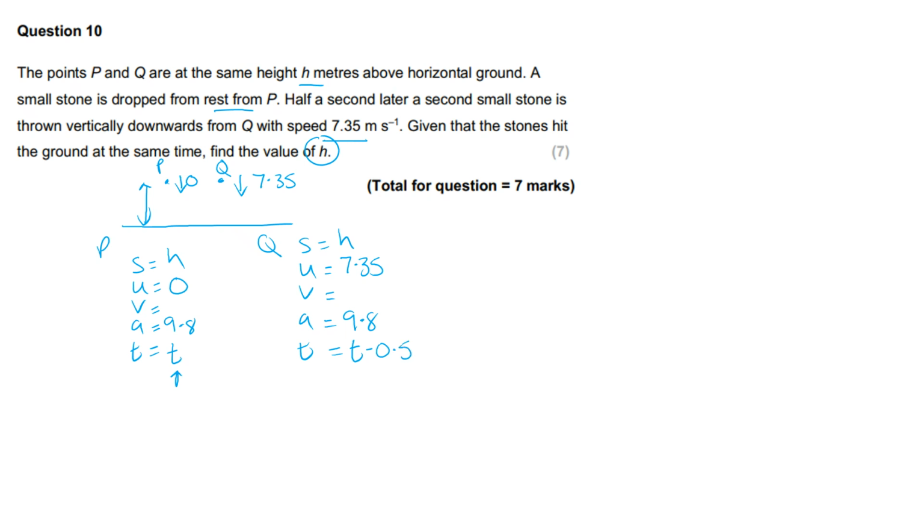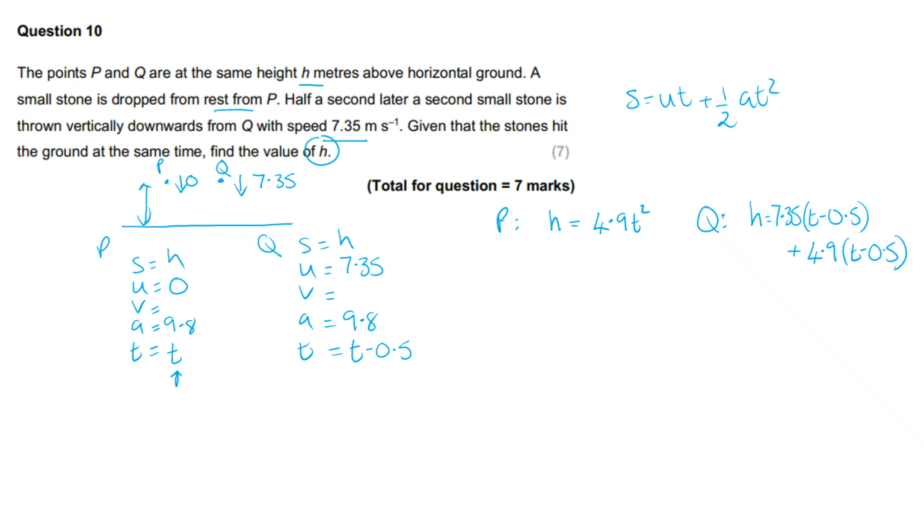Now the SUVAT equation we're going to be using is S is equal to ut plus half at squared. So for P, that's just going to be h is equal to 0 plus half 9.8, which is 4.9, t squared. For Q, S or h will equal ut. Now because there was some u, that's going to be 7.35, and the t is going to be t minus 0.5, plus the half 9.8, so 4.9, the t minus 0.5 squared. Now these h's for both are the same, they travel the same amount of distance,